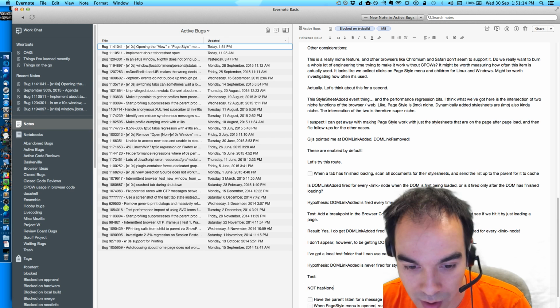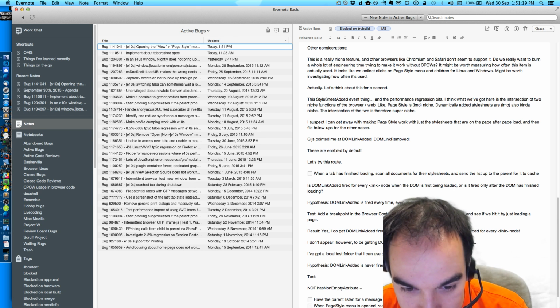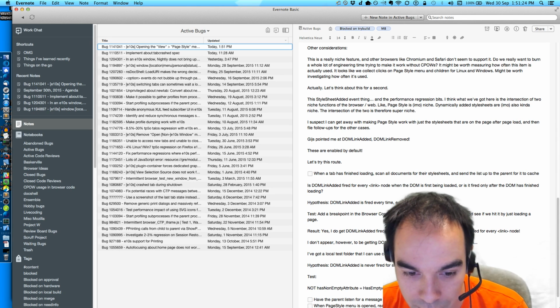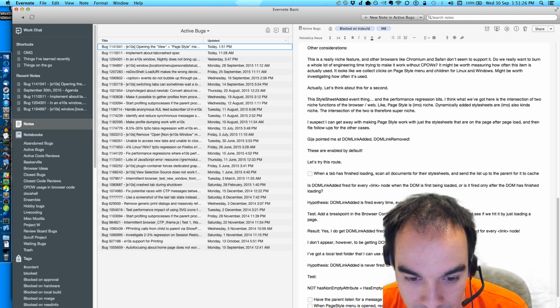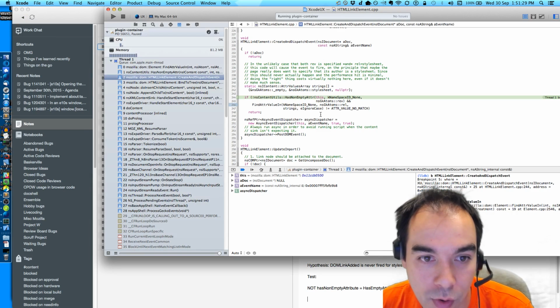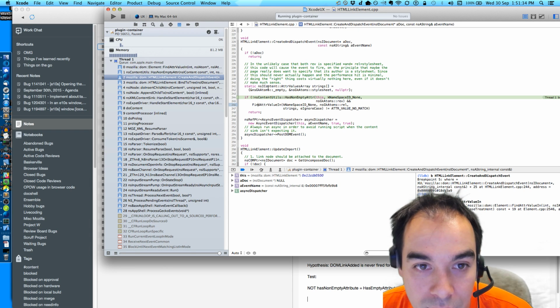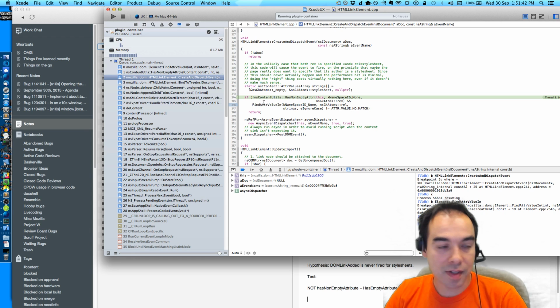Not has non-empty attribute equals has empty attribute. So if has empty attribute rev, that's interesting. It looks like for some reason, if there's no rev attribute and there's a style sheet, then we don't fire the event.